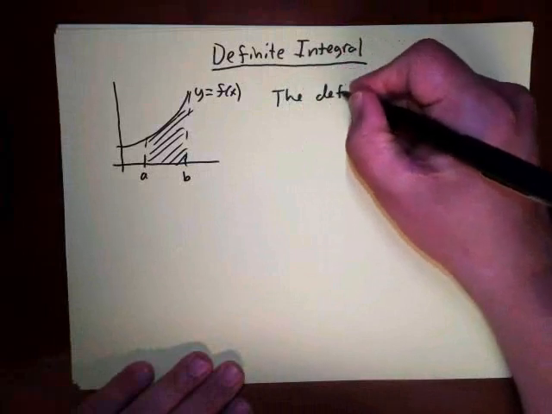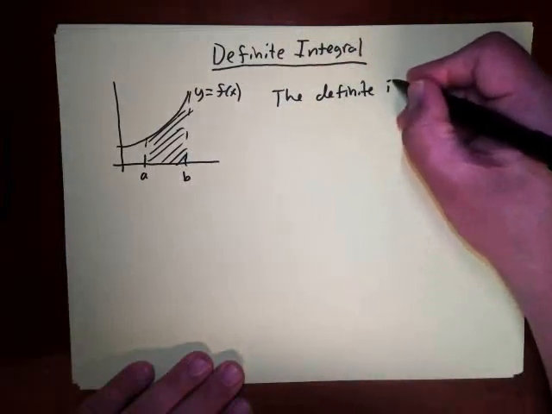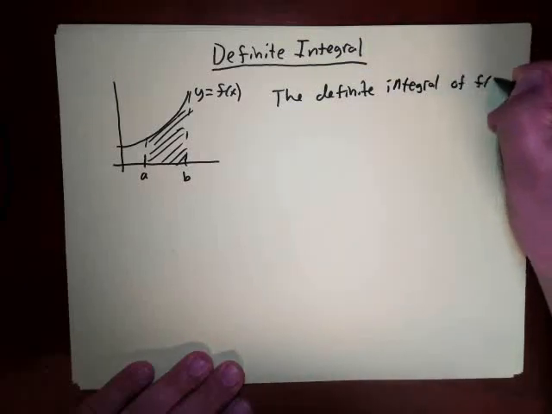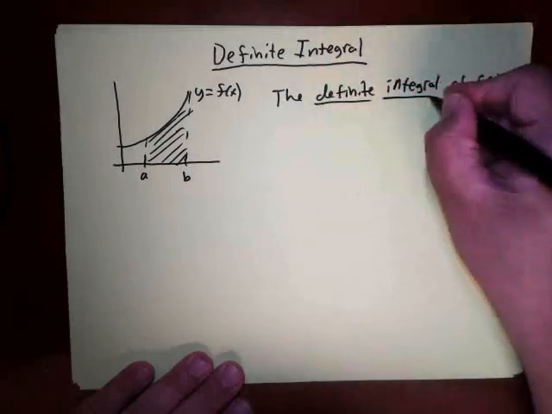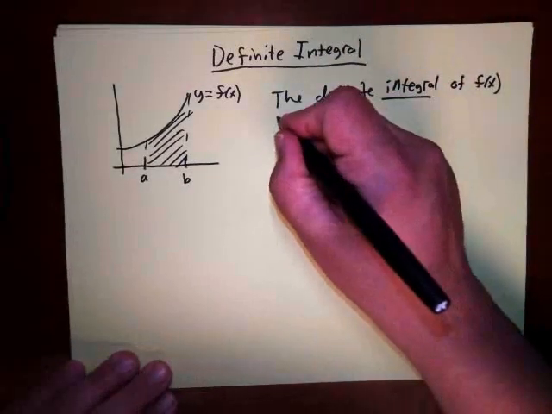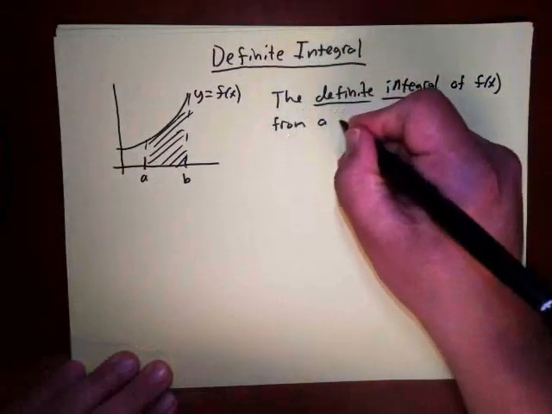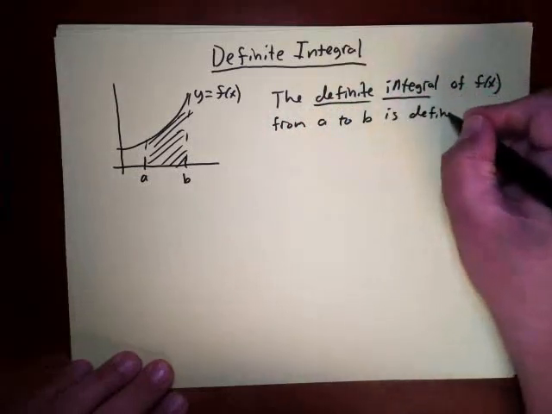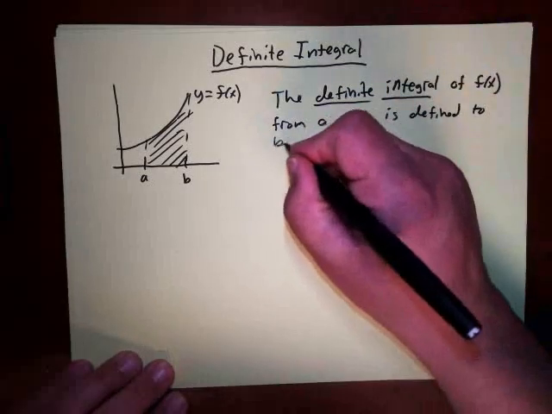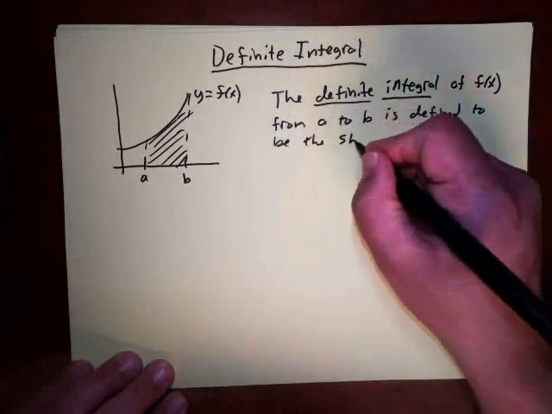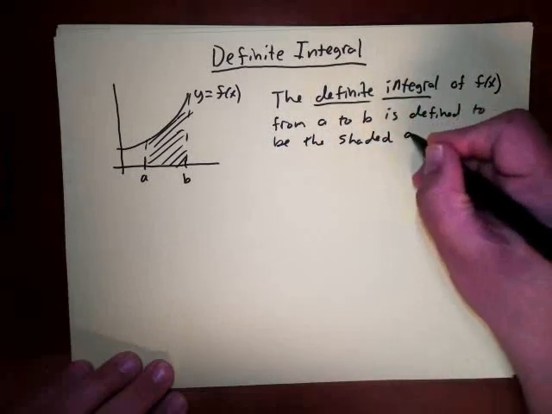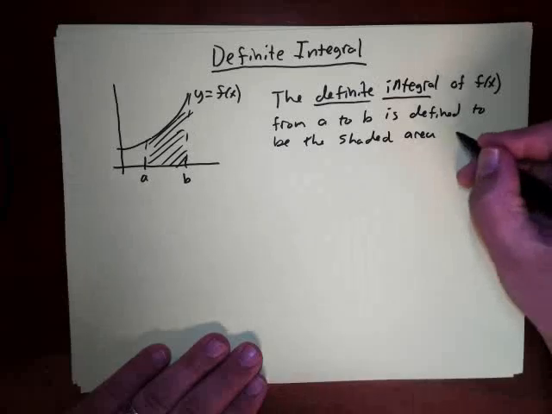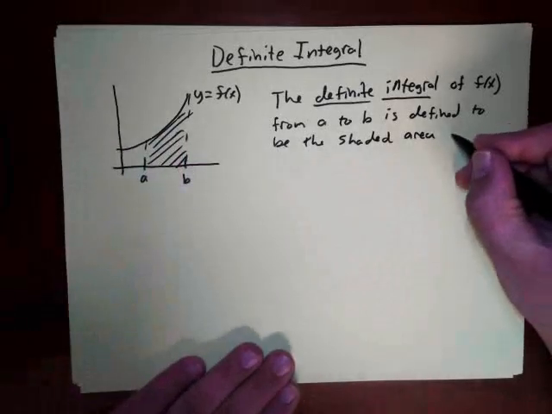So the definite integral of f of x from A to B is defined to be the shaded area. So the definite integral is a number, okay, and it's the shaded area,